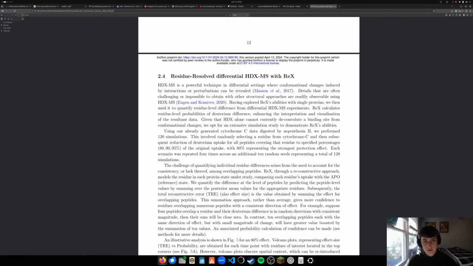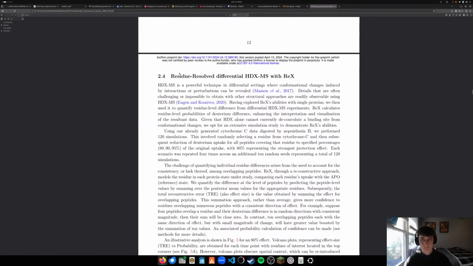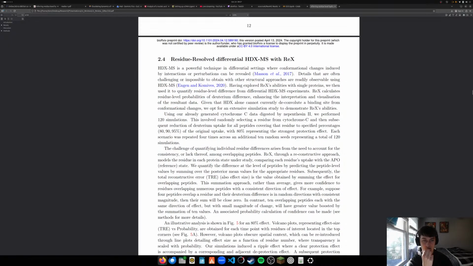Residue resolved differential HDX. Okay. We're at 926. We're getting there. I haven't really written anything in here, but powerful technique. Details are often challenging or impossible to obtain. Having explored abilities, we then use to qualify difference from differential. Yeah, this is going to be interesting. Calculates residue level property. Enhancing the interpretation. Given that HDX alone cannot currently deconvolute a binding site from conformational changes,